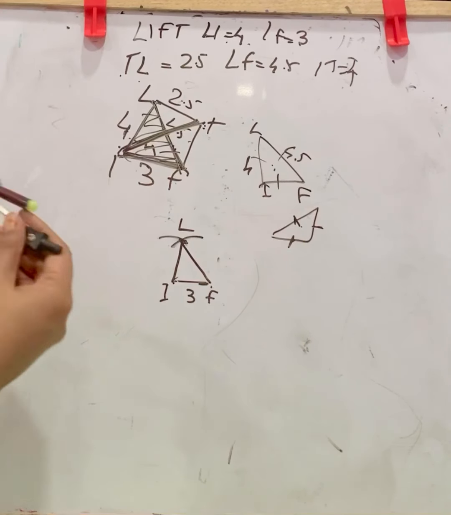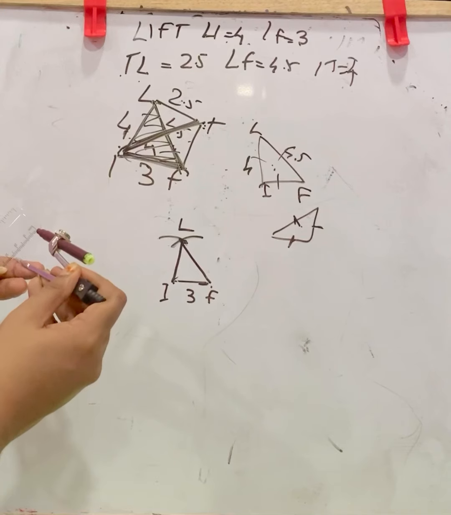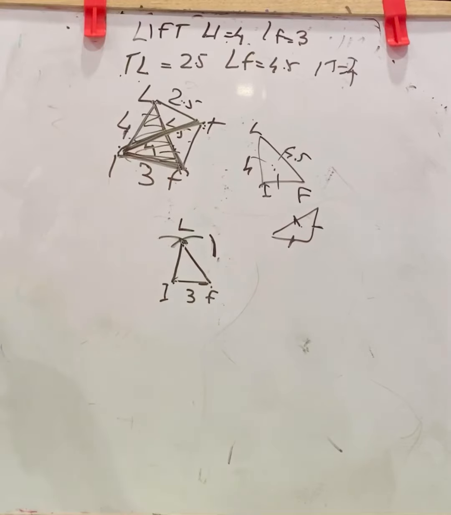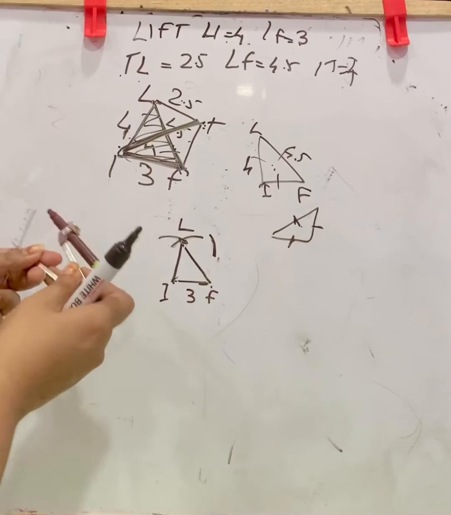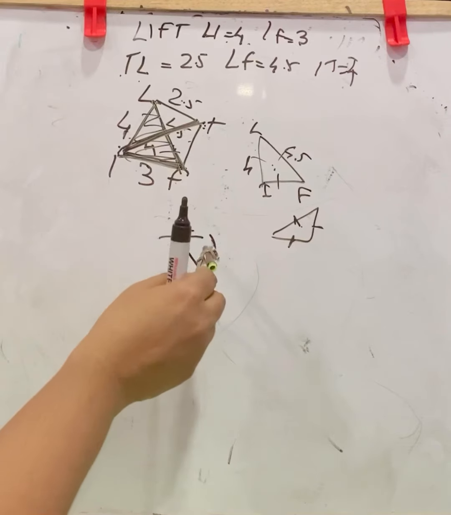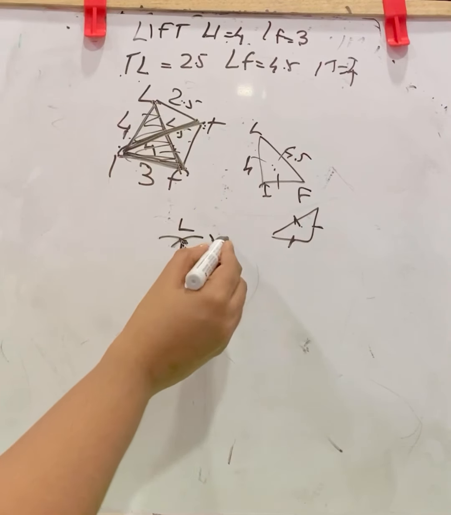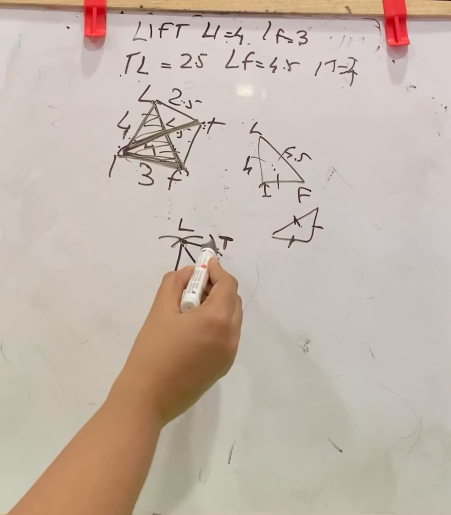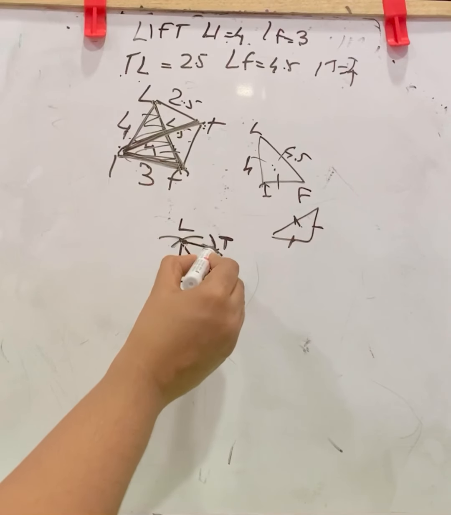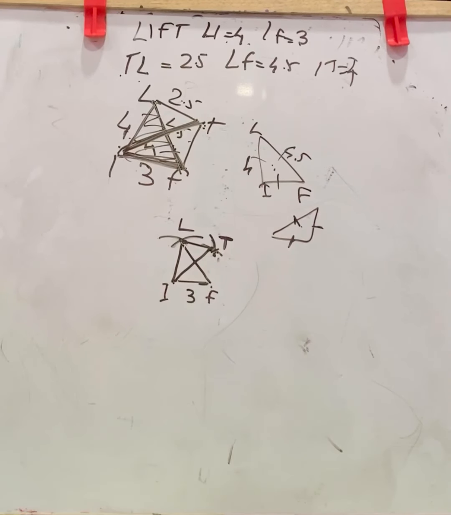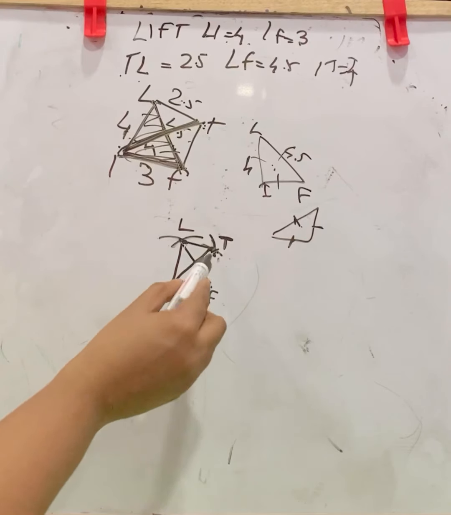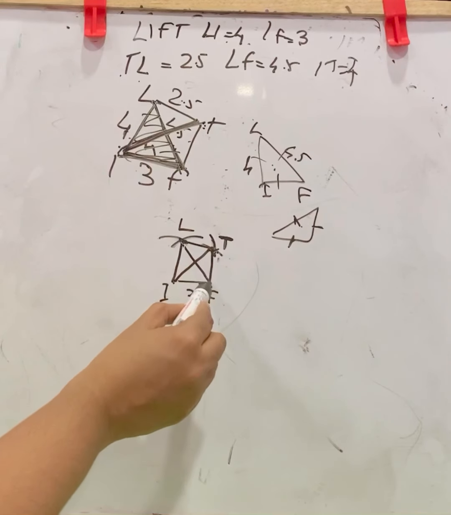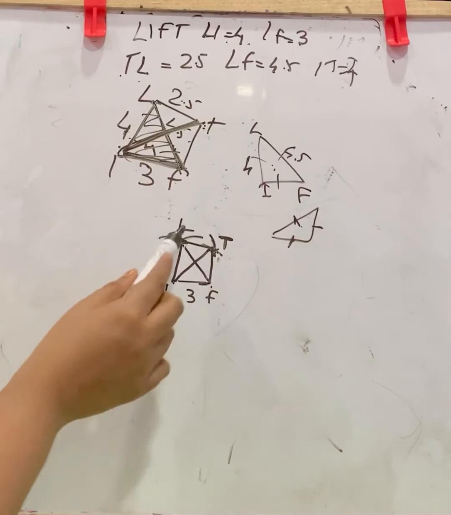LT is 2.5. We will take 2.5 in the compass and draw an arc from here. Next is IT 4. We will take IT 4 and draw another arc. So we will mark this point as T. Now join LT and also IT with the scale. Now it is easy for us to join TF. We don't need any measurement, we can just simply join TF. This is the given quadrilateral LIFT.